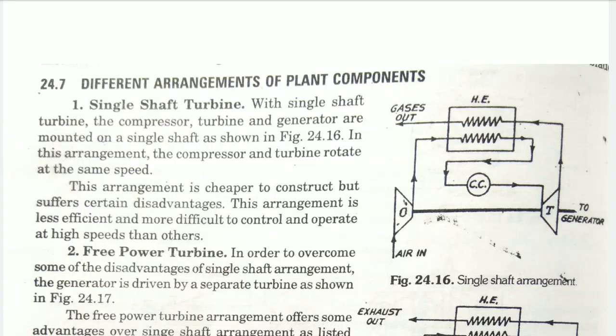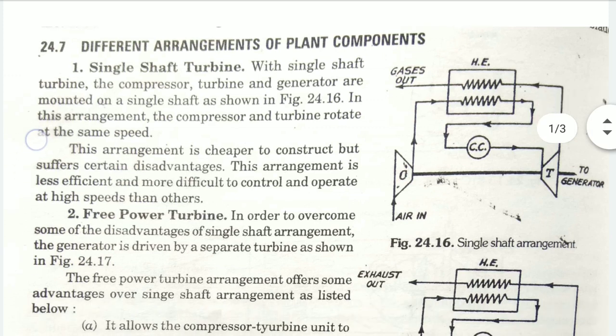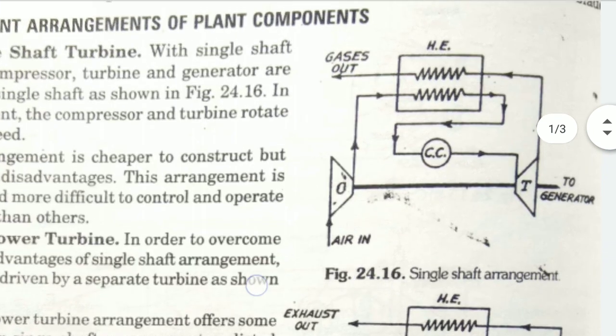Today we will study the different types of arrangements in gas turbine power plants. These arrangements depend on how the power generating turbines and combustion chambers are arranged in the plant. So the first one is a single shaft turbine, in which we can see from this diagram that